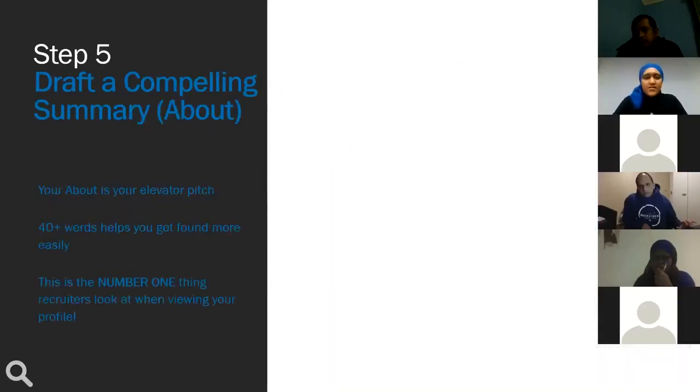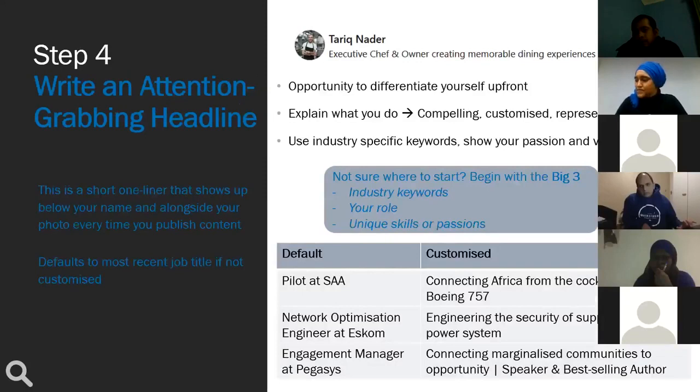So just to add what Rahima said over there, because she spoke about the algorithm creating a persona, she also is creating a differentiator by adding that little bit at the end, speaker and best-selling author. She got through the machine, then the recruiter saw a LinkedIn profile, and then saw, oh, she has the capacity and she adds a bit extra. So adding that little, let's say two words or three words or four words at the end of it there, differentiates her from the pack.